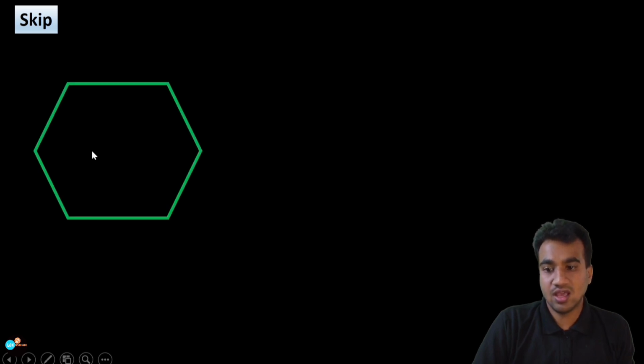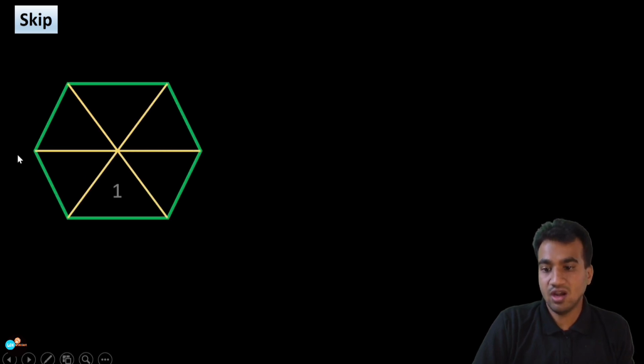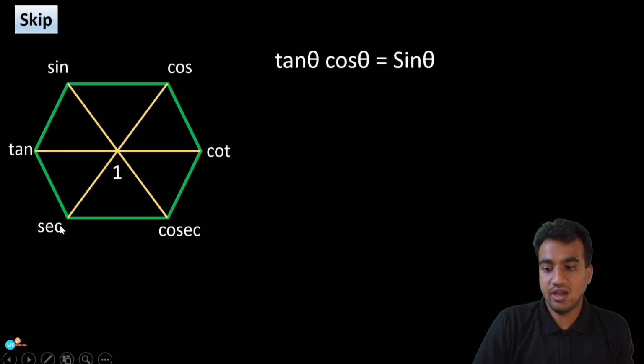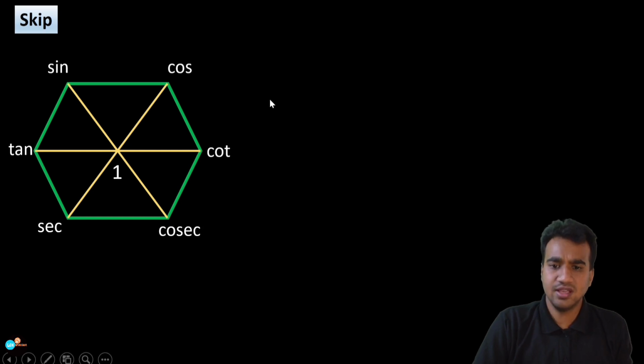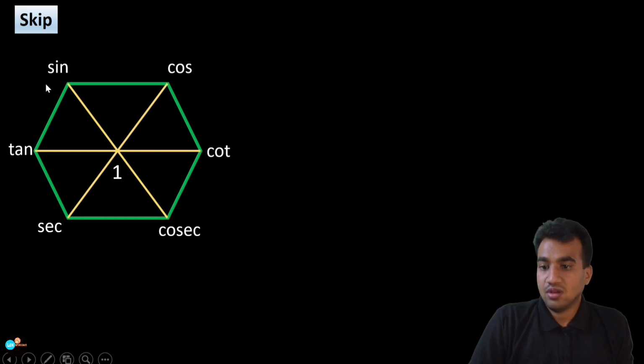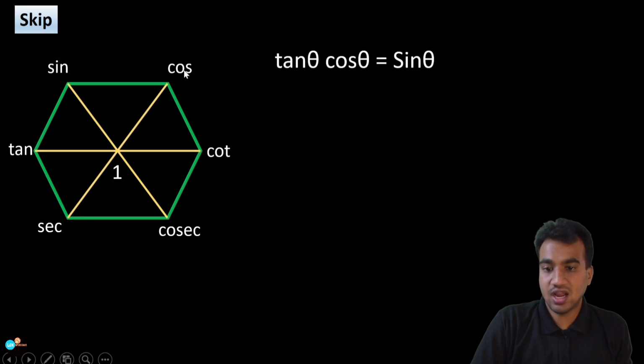So again the hexagon, 3 diagonals, tan is equal to sin by cos, and cot here, cosec and sec. See here, skip, this one we will use, there is a tan and there is a cos here, and sin we will skip, so that we will get one formula, tan theta into cos theta, that is equal to sin theta, and next